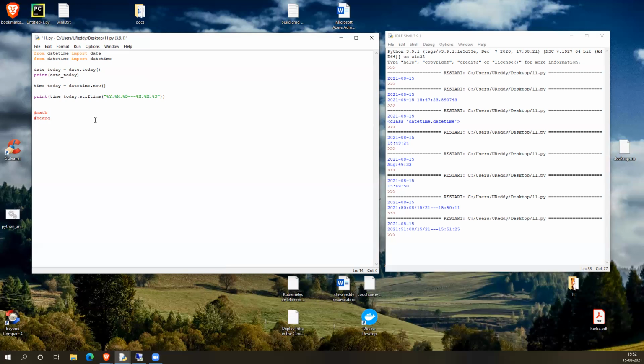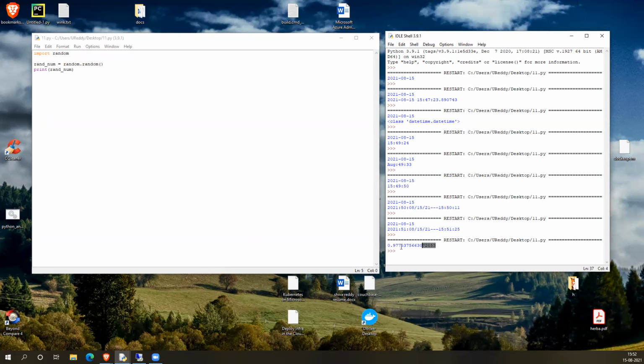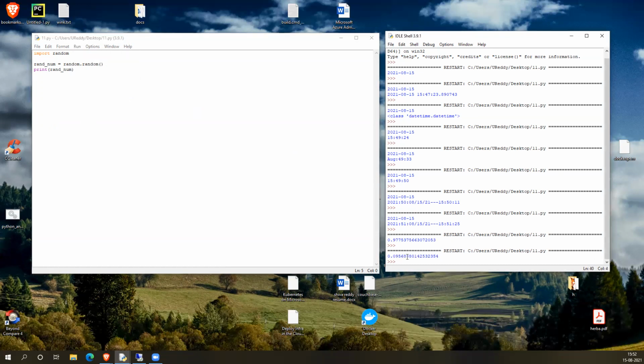Similarly, there is one more module called random, which generates random numbers from a range we provide. Example, this one. You see, it generated some random number because by default the range is from 0 to 1. Run again, it will generate another number.